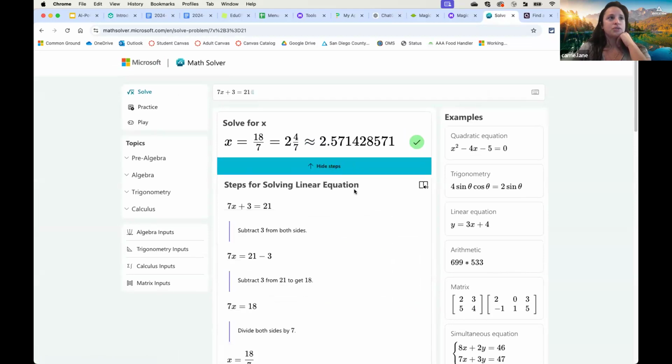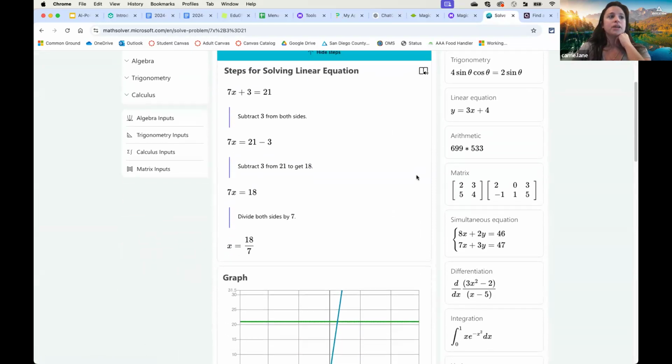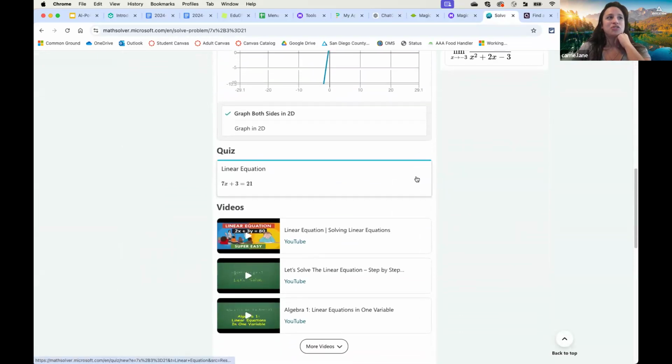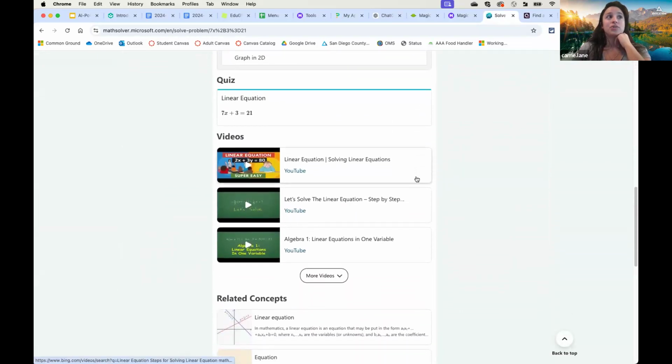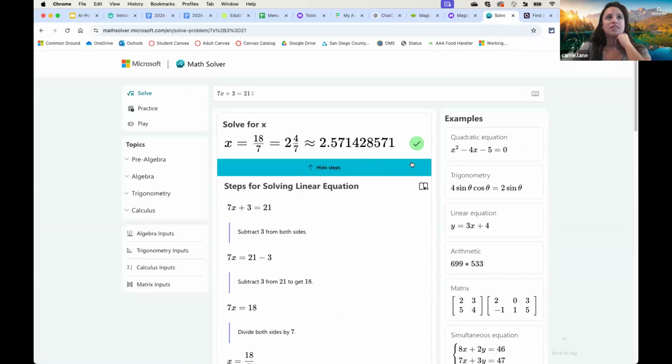It can show you the solution steps that you can work through with your students. It can speak this out loud for you. It can create graphs. And then it does a bunch of other things like recommending videos that will teach you about it, creating quizzes about it, and this whole sidebar of examples, which is where I say I'm not sure if these are actually all the same, but somebody who is good at math can tell me that.